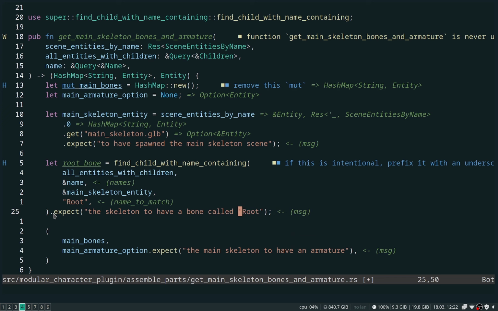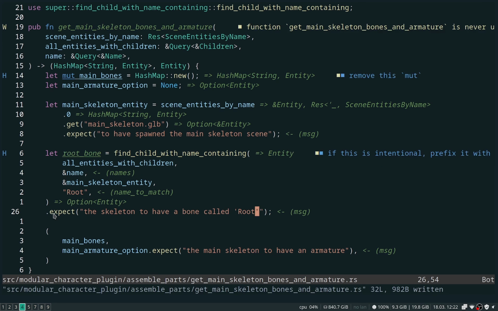For some reason, I want to put quotes around that to be proper. All right, so now we have our root bone. We could collect all the bones. We also are going to want the main armature though, so we can just use the same